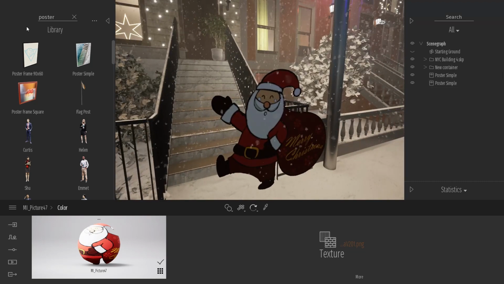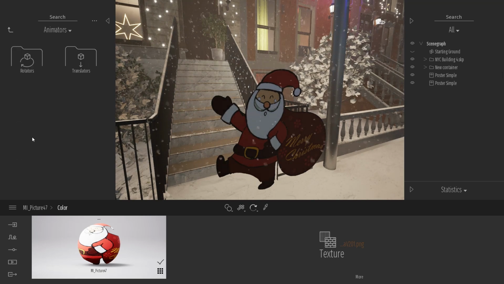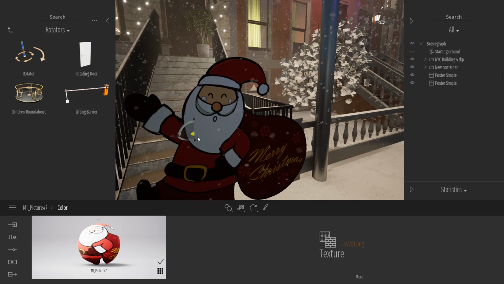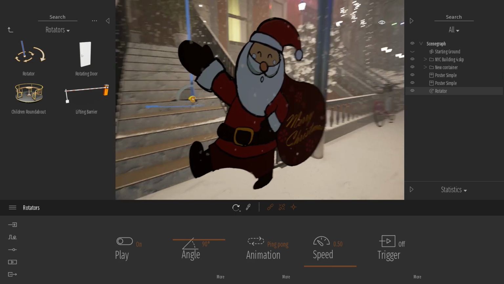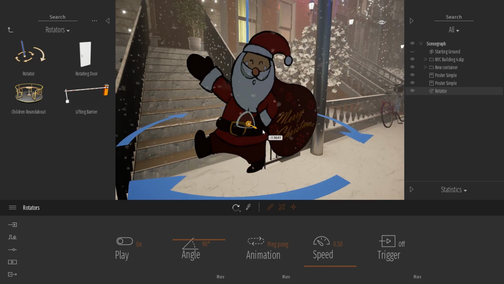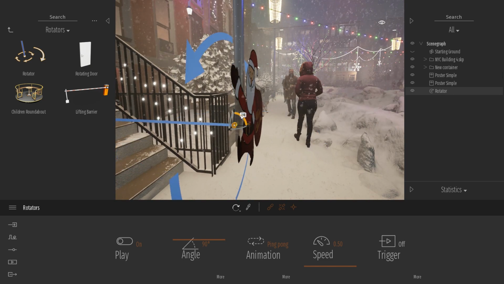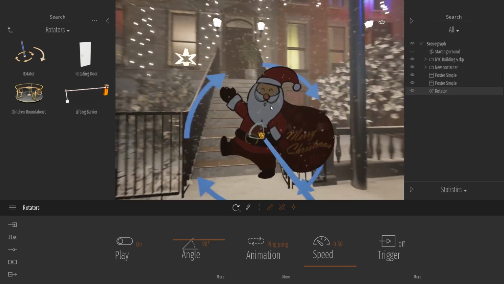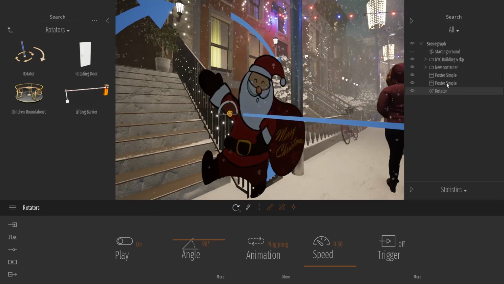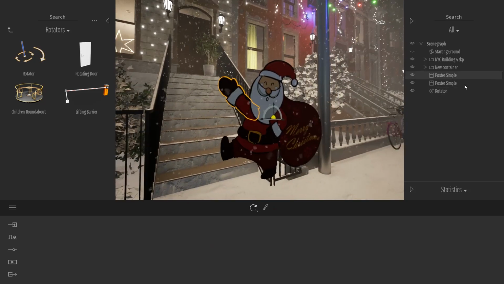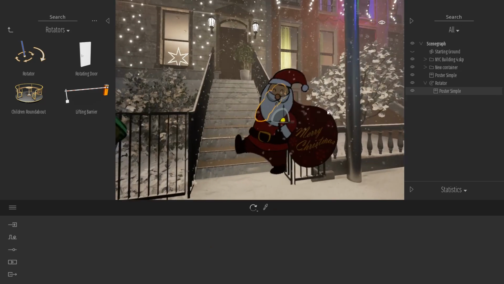And now the simple thing I need to do is just place an animator. So we'll come to the tools, animator, rotator. Going to place that roughly where my arm should be spinning, somewhere like that. Let me just make sure it faces the correct direction. Okay, and I'm going to move it like that. And now what I simply need to do is select my arm and place it as a child of my rotator. And now my arm is animated.